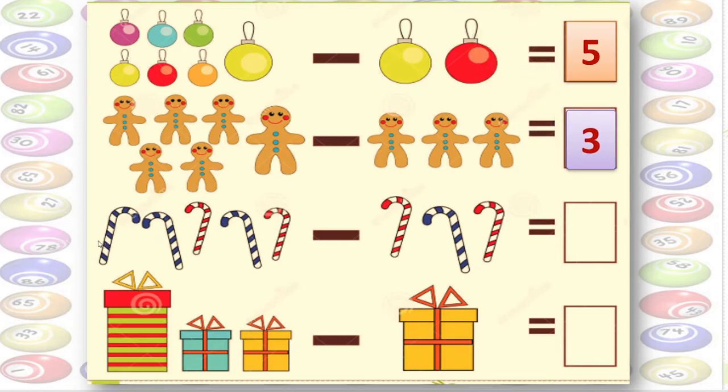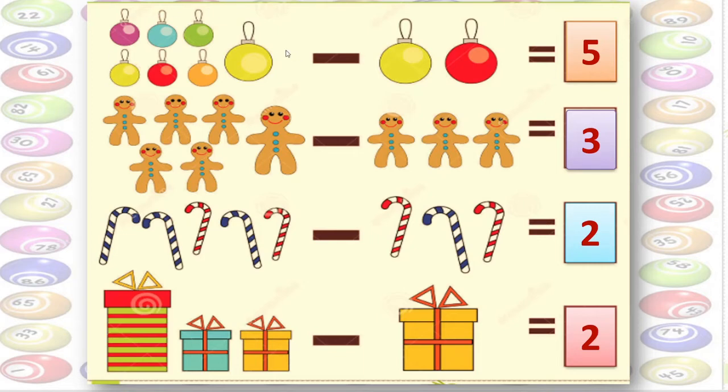Here you can see sticks, walking sticks, and here you have to cut 3. Okay, 1, 2, 3. If we cut 3 out of 5, then 2 remained. Correct? Yes, 3 boxes are there, minus 1 box, that gives us, very good, 2 boxes. I hope you understood about the subtraction method. Yes, here we are reducing the number.